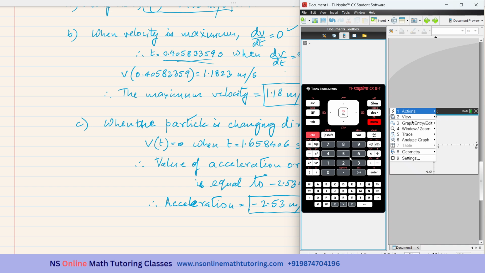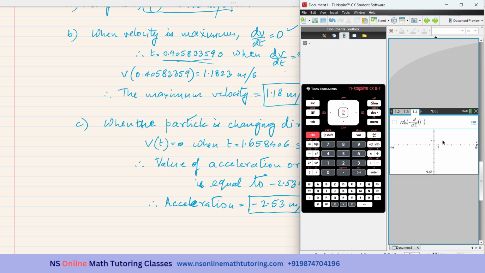menu and number 3 graph and number 1 function. Okay, it is the first derivative, it is x, and it was f1 of x. It is f1. See, it has got changed to bold. That means the calculator is understanding which function I am referring to. Okay, and it is a function of x, so I have to put that, and well, I come out, and this is the function graph.